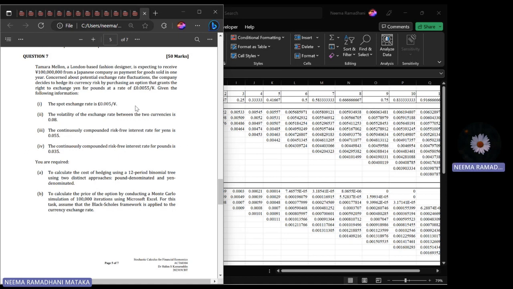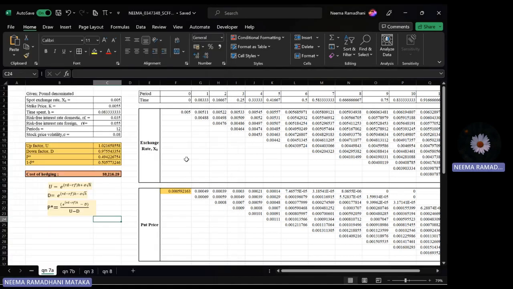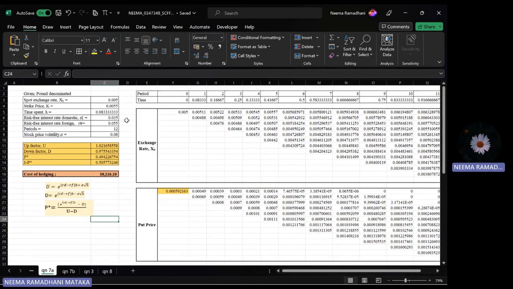So we are required to calculate the cost of hedging using a 12-period binomial tree and using two distinct approaches. One is pound denominated and the second one is yen denominated. So this is how we're going to solve it using Excel. This is my question, and this is how I solved it. So first